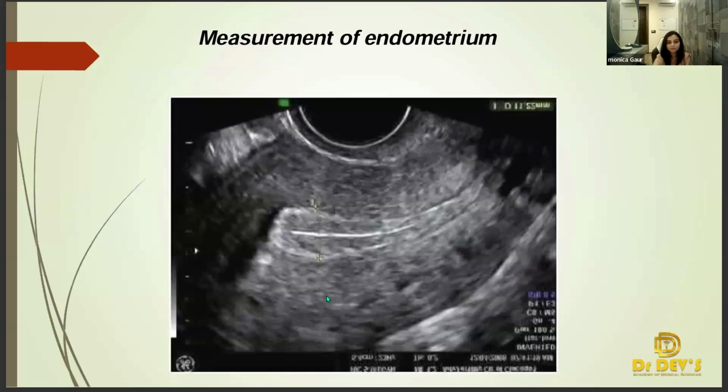How do we take the measurement of the endometrium? Outer to outer. From the outer of the hyperechoic area till the outer of the hyperechoic area. We do include this non-functional zone, remember, we do include it. So always take the transitional part from the myometrium to the endometrium, this outer area, and the outer of the other side.